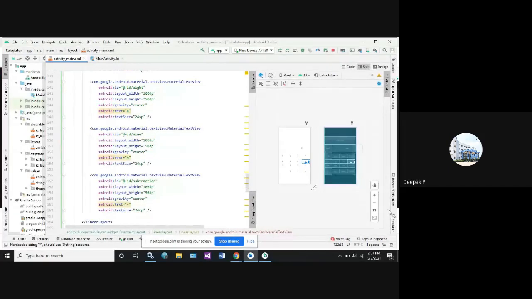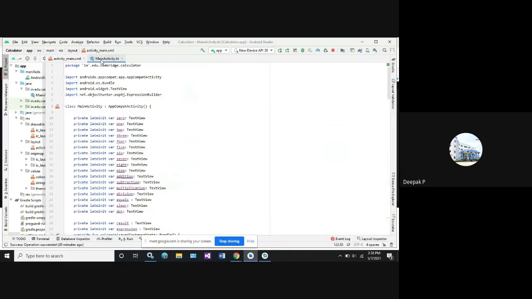So after loading all this content, now I have to write the functional mode of my display content. For that, we write the Kotlin code in MainActivity.kt. Let me expand.